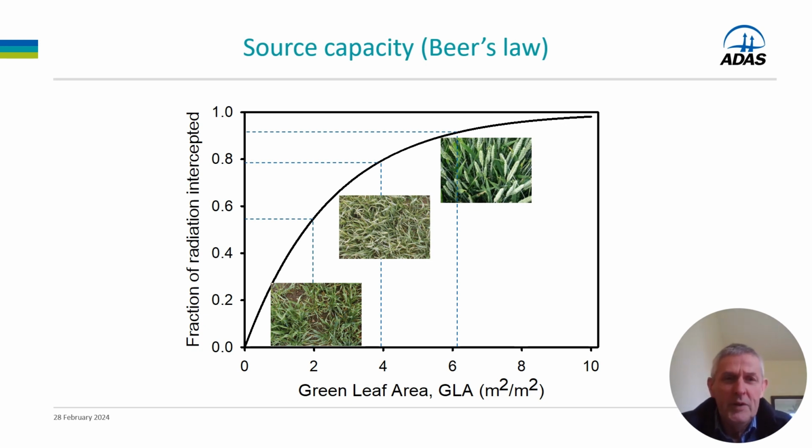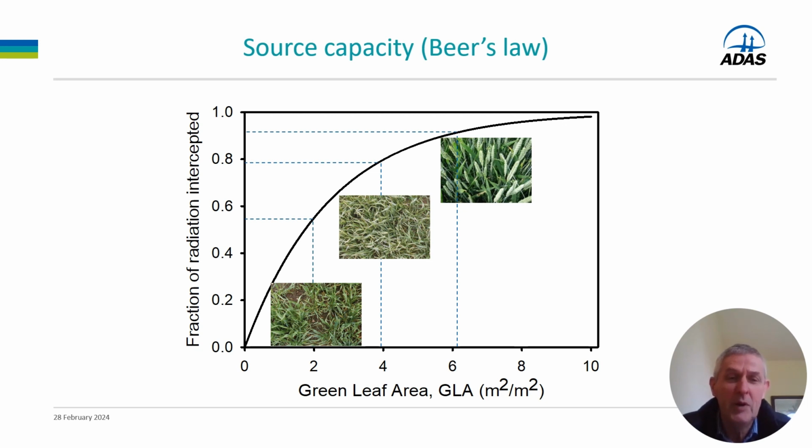And we can quantify the relationship between the amount of green area we've got and the amount of solar radiation we intercept through a relationship called Beer's law, which is unfortunately nothing to do with beer, but was originally defined to describe how light is absorbed in a liquid. And it turns out that we can think of the crop canopy as a kind of thick green soup that absorbs light. So we can see if we have a green area index of 2, bottom left, and we follow